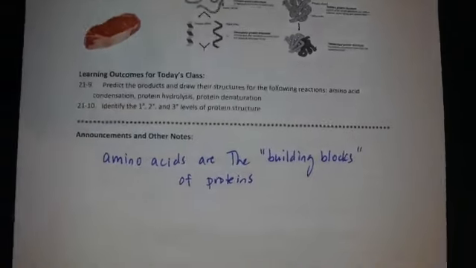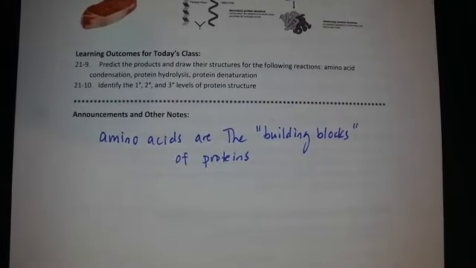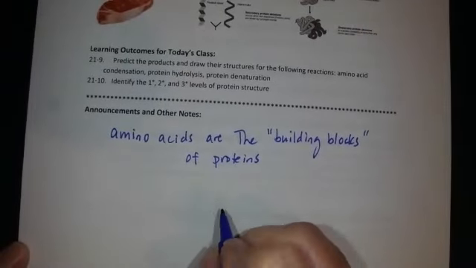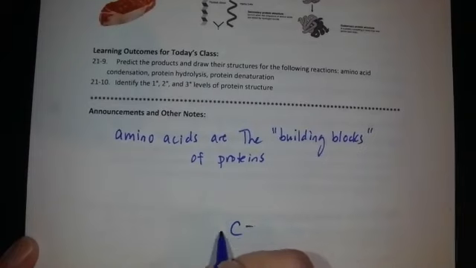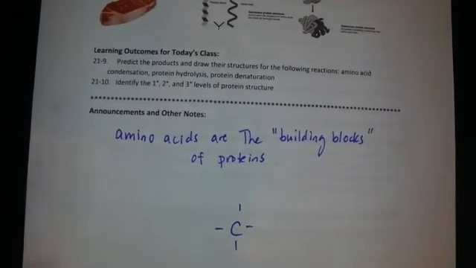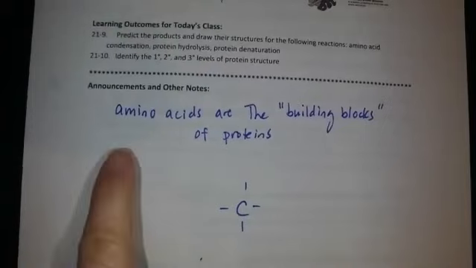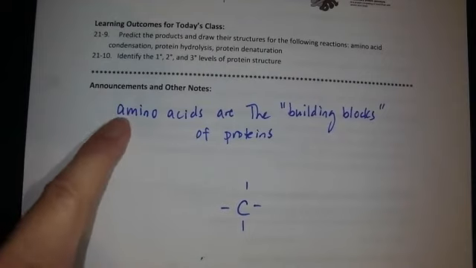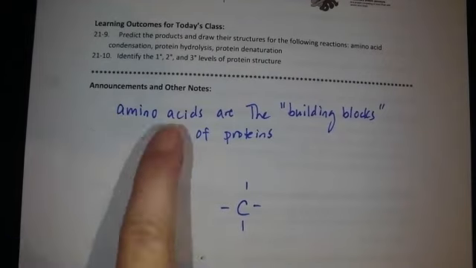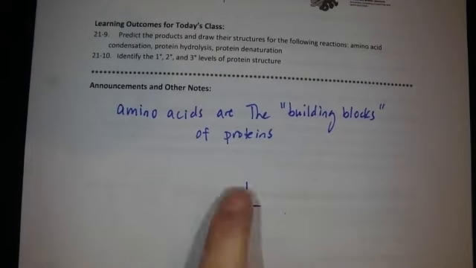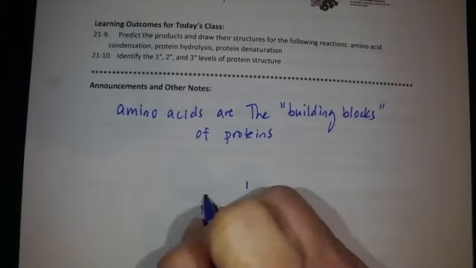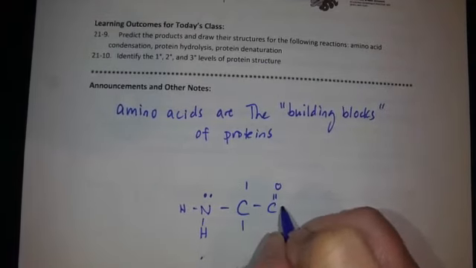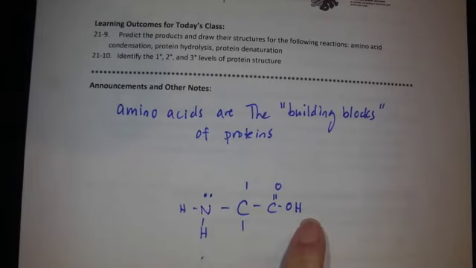And before we even do that, I'm going to give you a quick reminder of what an amino acid looks like. Amino acids, as we saw in the previous video, their structure has carbon at the center. Carbon, of course, makes 4 bonds. The word amino acid helps you with the structure. This part of the word, amino, means amine. And in the same way that this is written left to right, amino acid, we'll draw it left to right, as if we're writing the word. Here's amine for the amino part of the word. Here's acid for the acid part of the word. So amine and carboxylic acid.